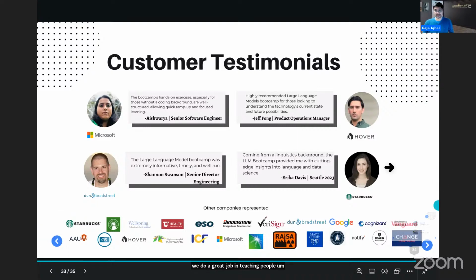If you look at this, this is by no means a complete list. I mean, we cannot keep up. We have people traveling from overseas. You can see some of the really big logos, $1 trillion companies. They are sending people to us to get trained. We have done enterprise trainings for big companies in the US and outside of the US.